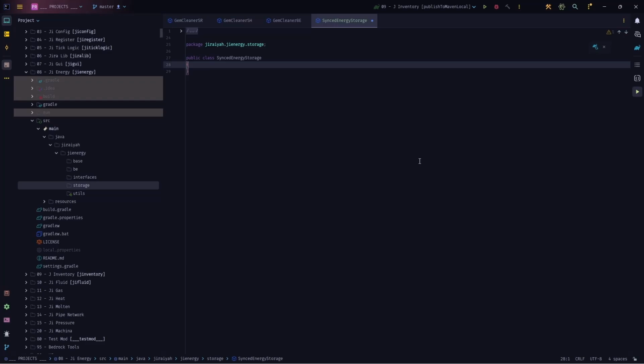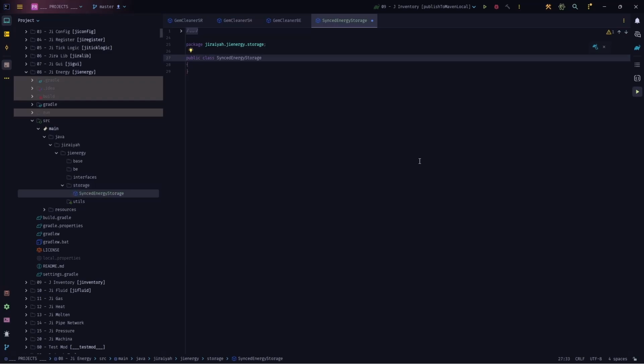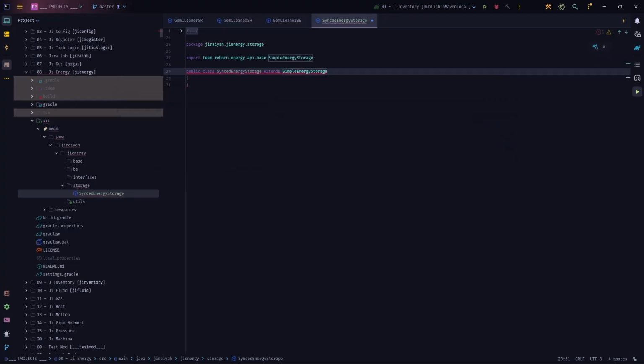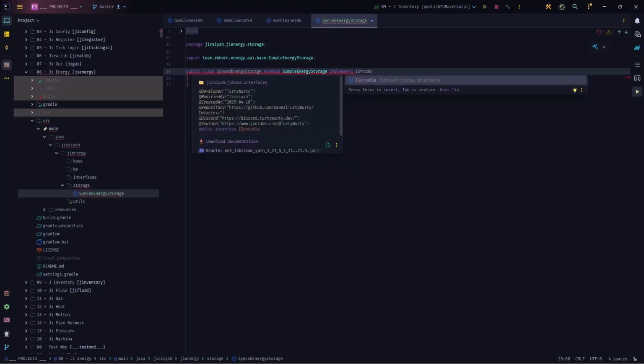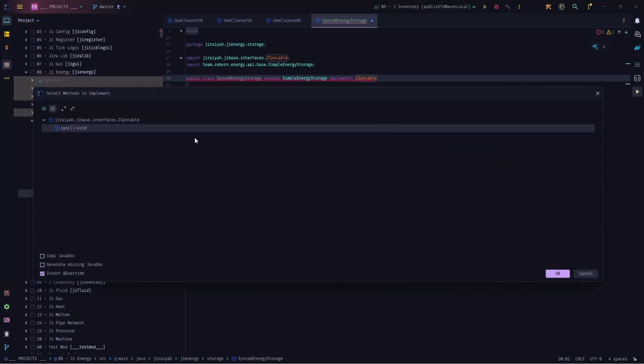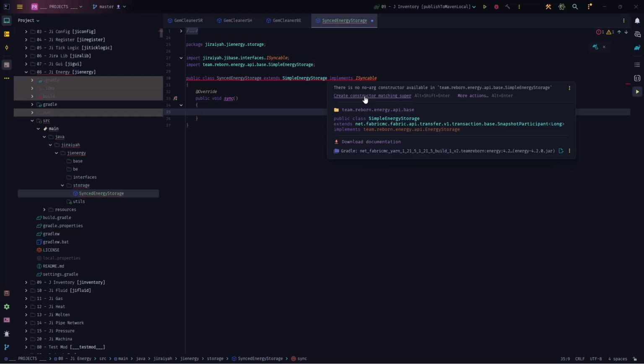And as I said before, the energy system is much simpler compared to fluid. If you could handle the fluid, this is a paradise for you. So synced fluid storage will extend energy storage, but not the energy storage. It will extend simple energy storage. This comes from Tech Reborn, as you see on top, and it will implement the ISyncable from the base from my library. So let's implement the methods, and that is get sync, and then let's have a constructor matching